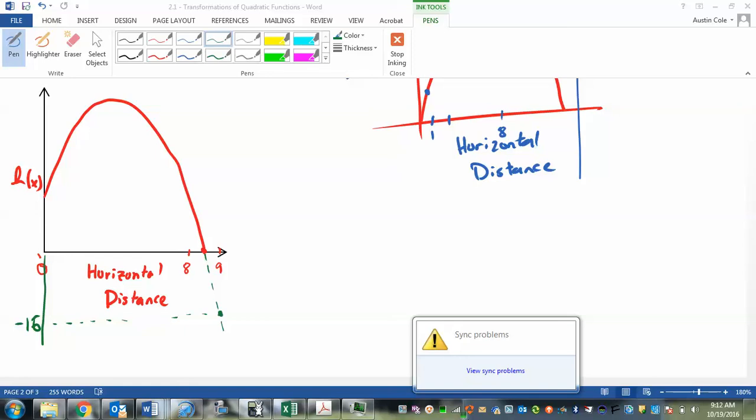I don't know what's going on here. It's just not working either. Just love technology. Okay, so I've